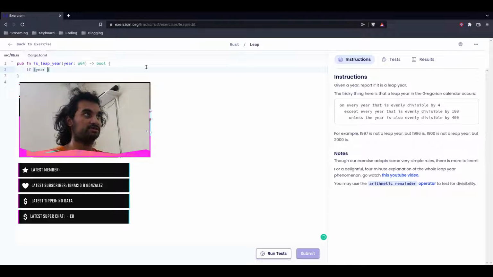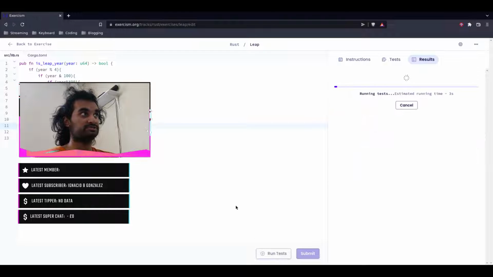if year mod 4 equals 0, then on every year that is evenly divisible by 4, except every year that is evenly divisible by 100, if year mod 100, then we need to check if the year is divisible by 400. If year mod 400, then we need to return true, otherwise return false. So if I run this,